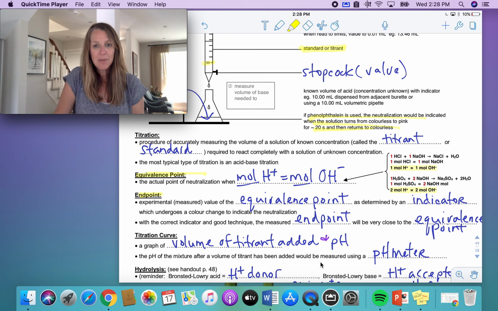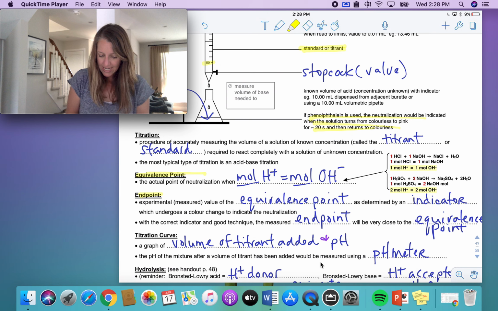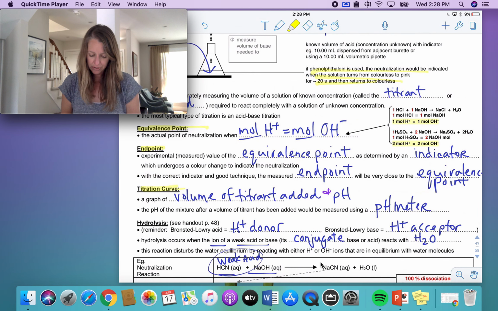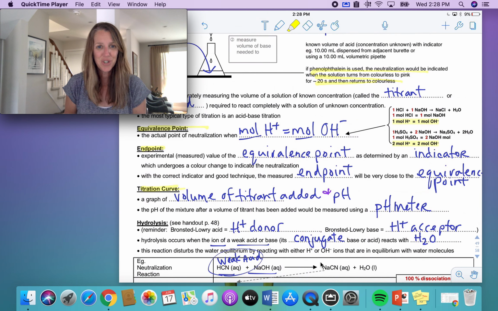Okay, the key thing about the end point with good technique though, you want to make sure you choose the right indicator, and I'll give you some tips later on in some of these questions. All right, next, what is a titration curve? Well, a titration curve is a graph of the volume of the titrant added and the pH of the solution. Okay, I'll show you the graph on the next page, and then I'll explain a few things you can get,